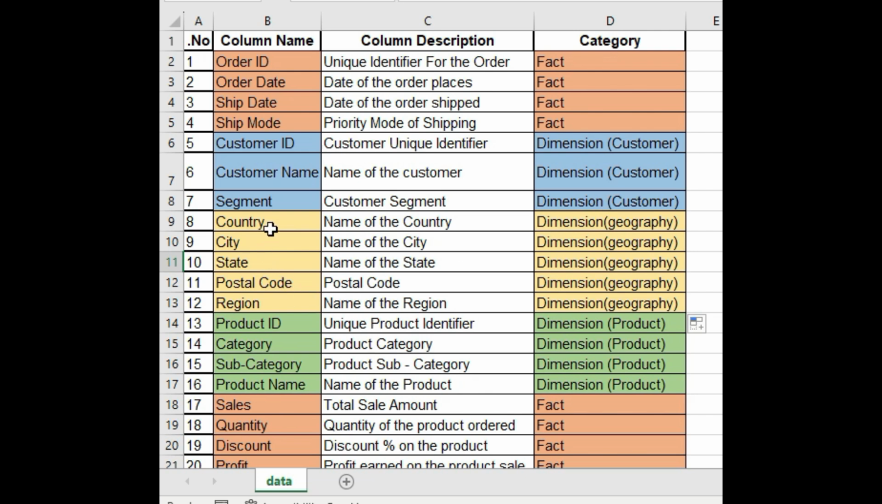Okay, now next 6 columns. These are telling about the geography: country, city, state, postal code and region. So name of a country, name of a city, name of a state, postal code and name of a region. So we can create another dimension table for the geography, and we will take these 5 columns in that geography